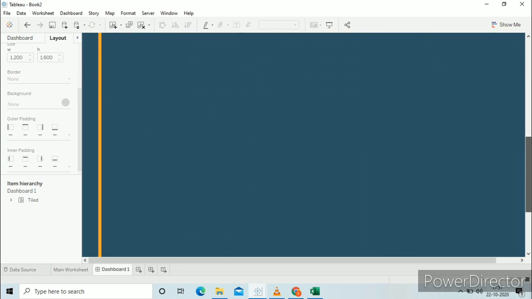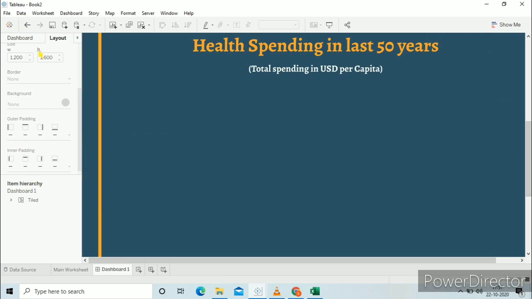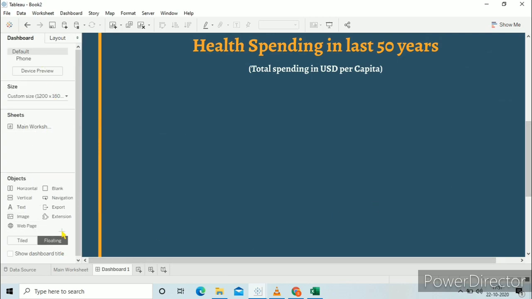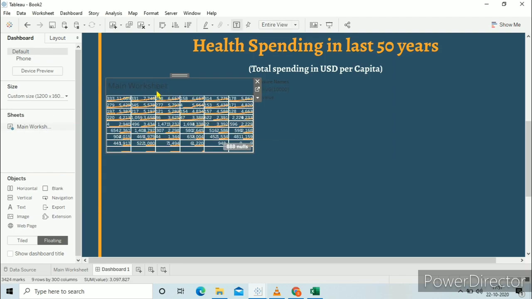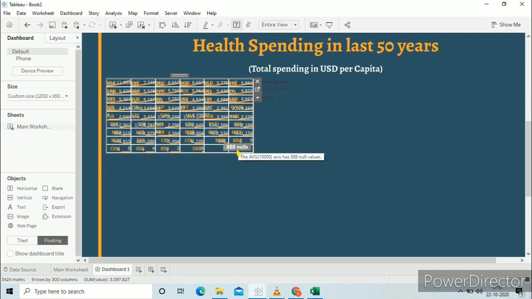We have to drag main worksheet to our dashboard. So click on floating and drag the main worksheet. Adjust its size. Remove its header. Click on hide indicator.